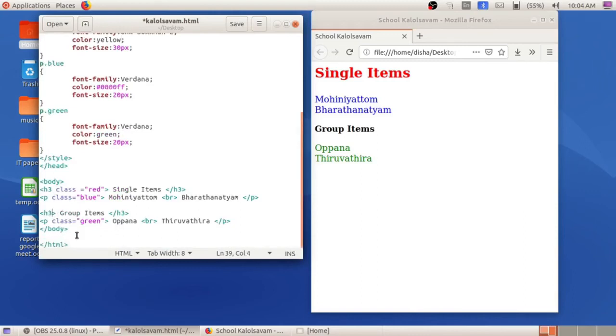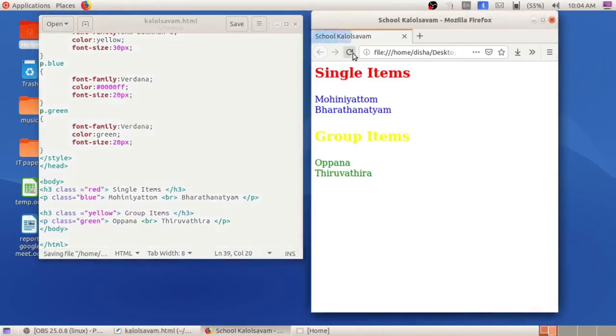Here define the heading class: define the class equal to, in double quotes, type the color yellow. Save it, reload. Okay. In this way we can apply different colors to different paragraphs and headings. Hope you are clear about the usage of CSS by using class selector. Okay.